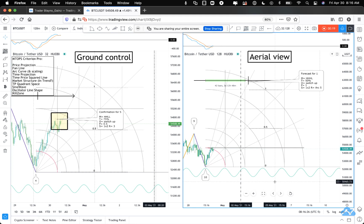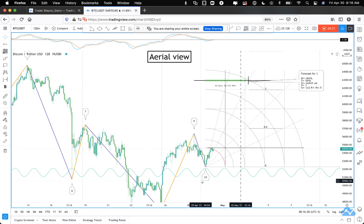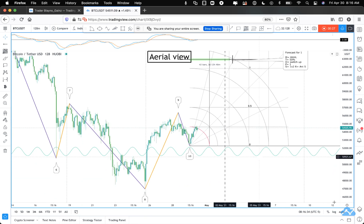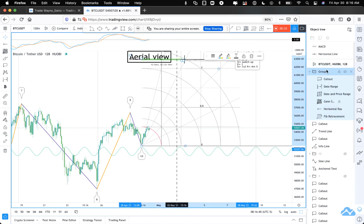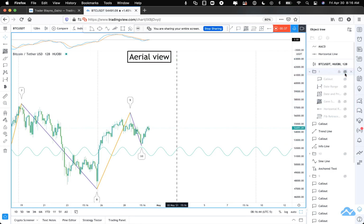Okay, so I've been sitting with the idea of turning point 10 coming in earlier than anticipated, and here's my reasoning why I'm thinking that. So if I go over to quickly group this up, let's do this into that over there. So by bringing back my previous forecast,